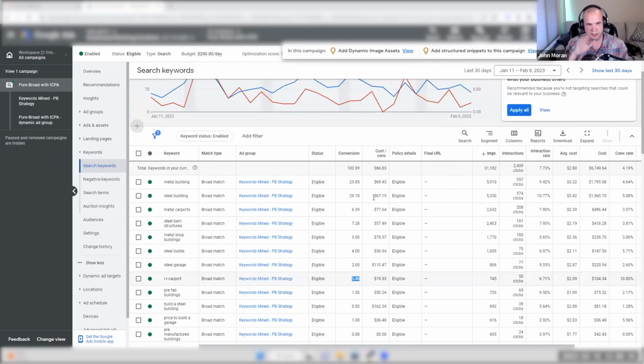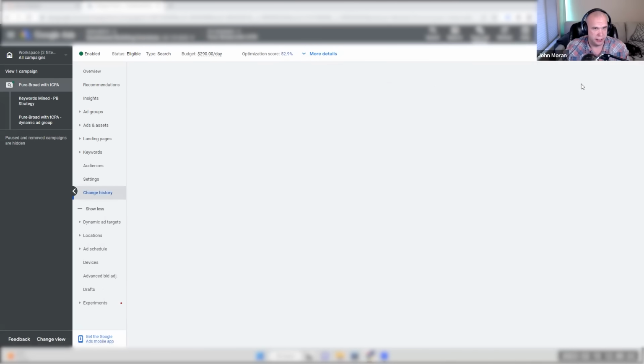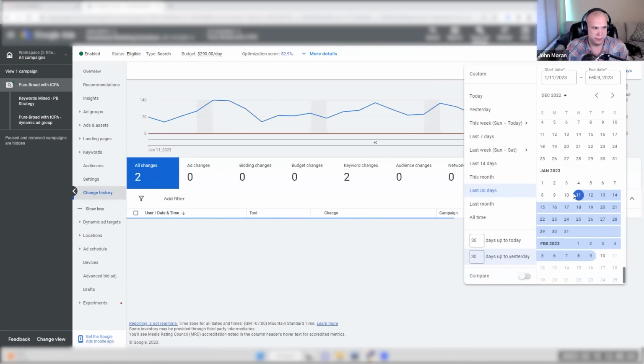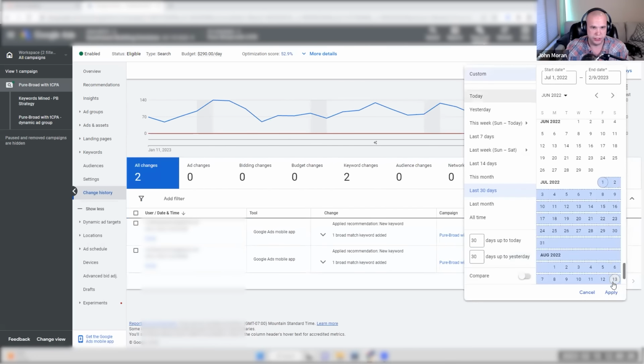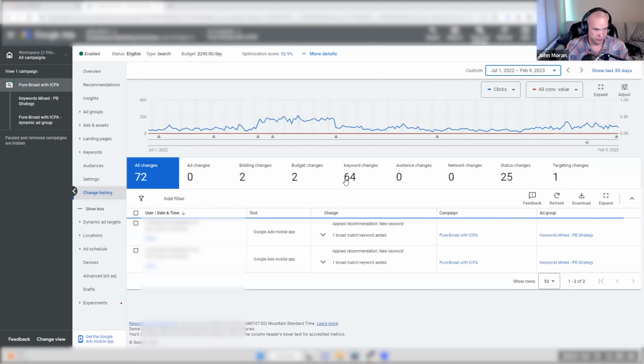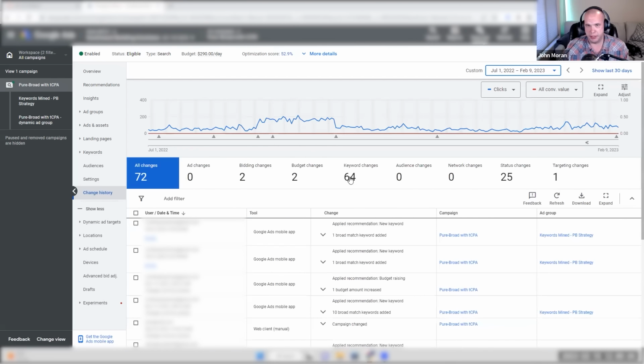So the moral is, do I look at Google Ads? No. If I look at the change history since July, I made 64 keyword changes, so I added a bunch, but that was it. Bidding, budget, I didn't make one ad. I barely touched this thing, because when you find out what is working and what's not,